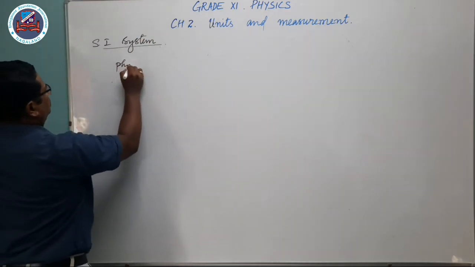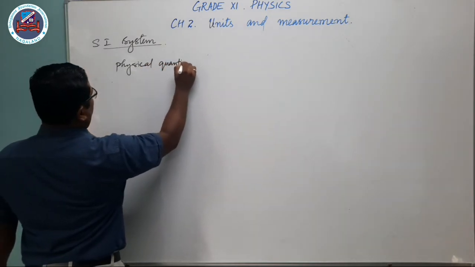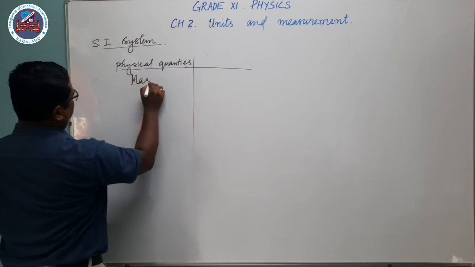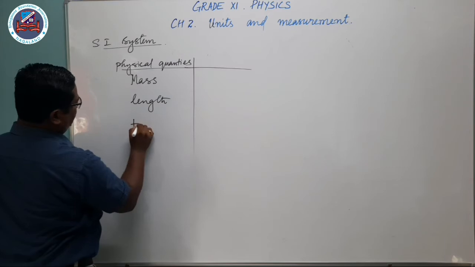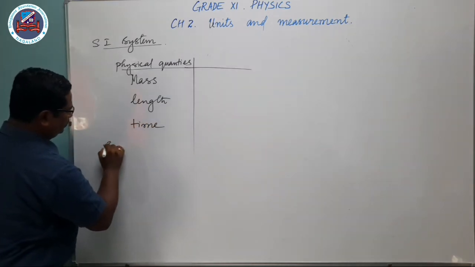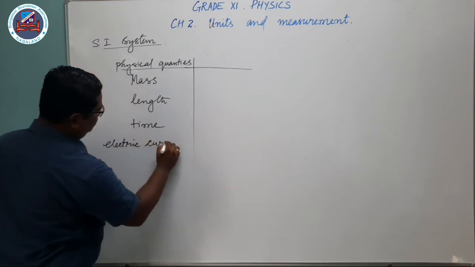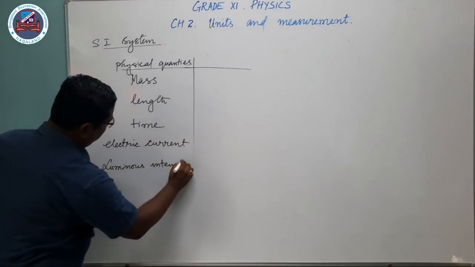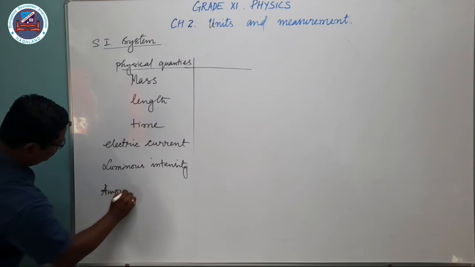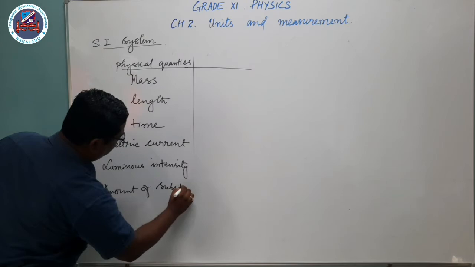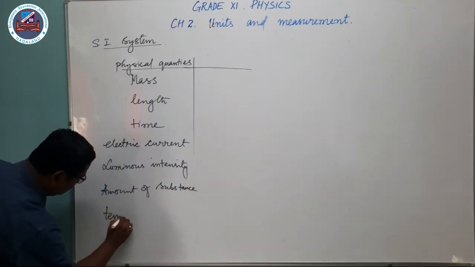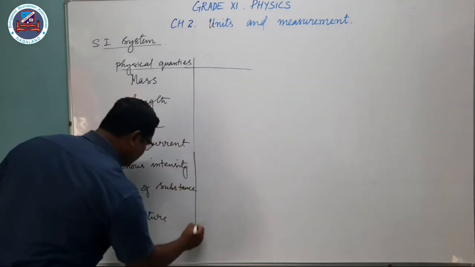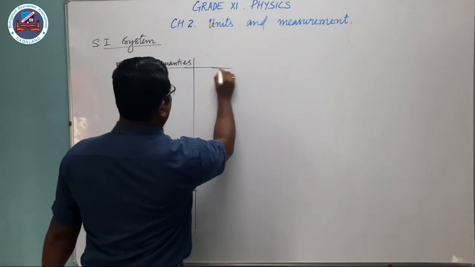The physical quantities taken in the SI system are mass, length, time, electric current, luminous intensity, amount of substance, and temperature. These are the 7 base quantities they took, and the units that are to be used internationally are